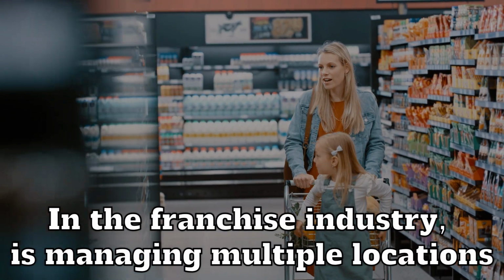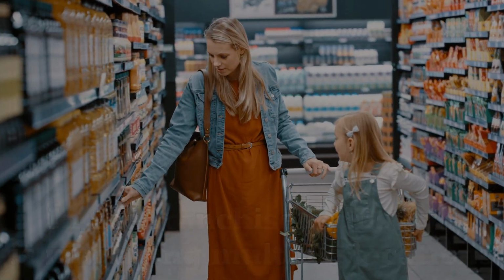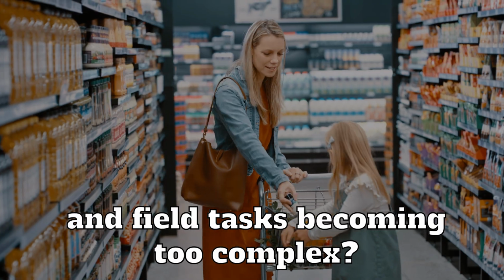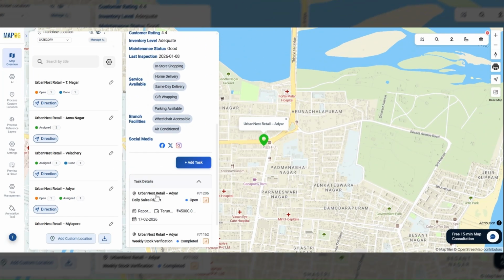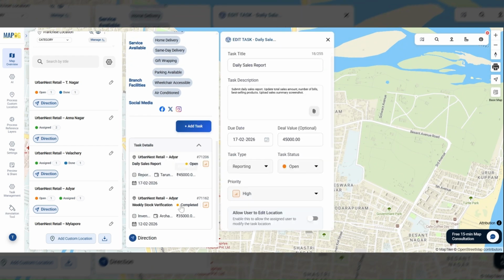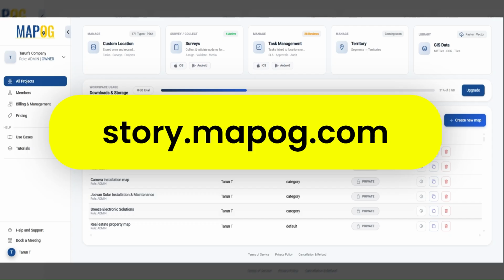In the franchise industry, is managing multiple locations and field tasks becoming too complex? Centralized mapping can streamline operations and improve oversight. Track everything easily in MAPOG. Start by opening